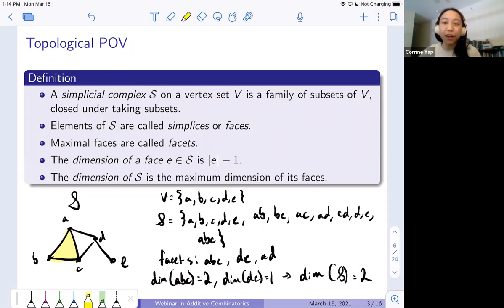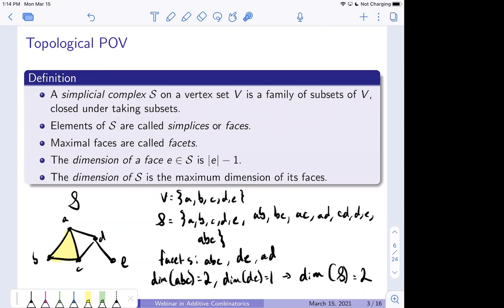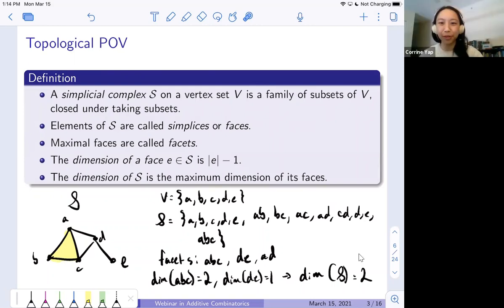In the actual problem that we'll be considering, all of our facets will be of the same dimension. So we won't actually need to worry about facets of different dimensions. But I had this to illustrate that this is a facet and this is a facet, but this facet is the one that determines the dimension of your simplicial complex. Yeah, that's a good question. Thank you. Any other questions? I want to make sure we understand the structures we're dealing with before I move on to more complicated things.